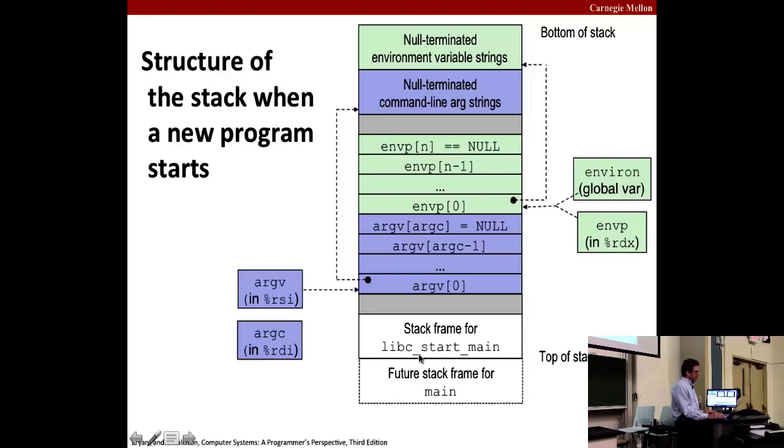So let's look. What I'm showing here is the situation right before the startup code calls main. The future stack frame for main will be here at the top, following the top of the stack. There's some padding, and then the argument list argv is contained on the stack. So argv is a list of pointers terminated by the null pointer, and each one of these pointers points up into a string that corresponds to an argument. Okay, so when you run a program, you specify the